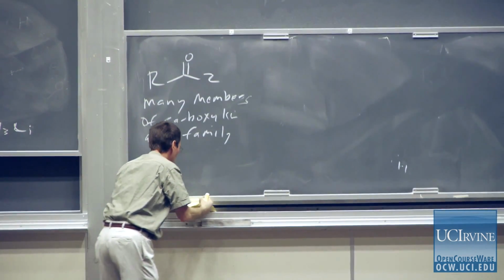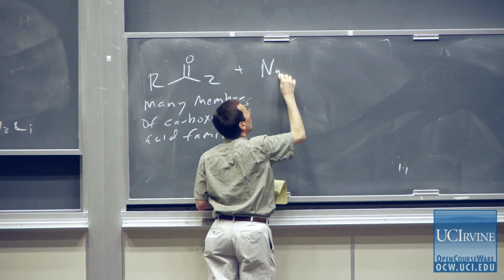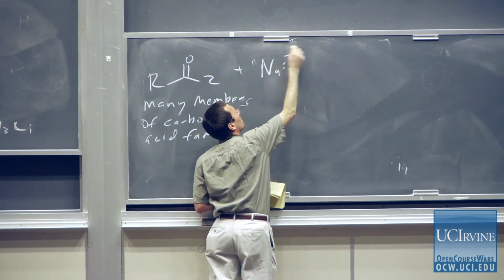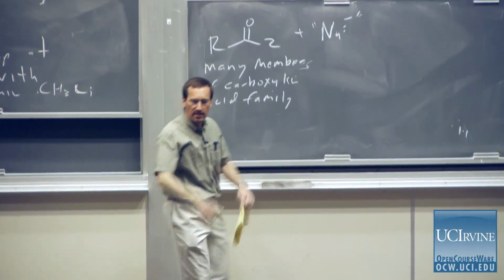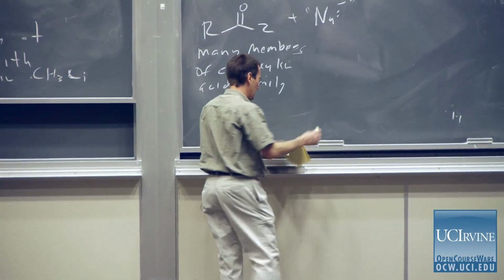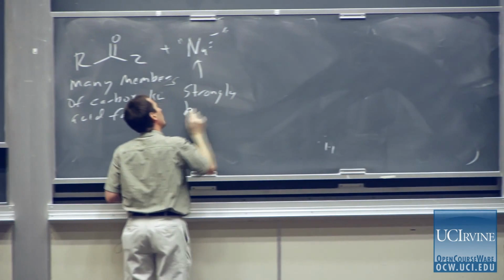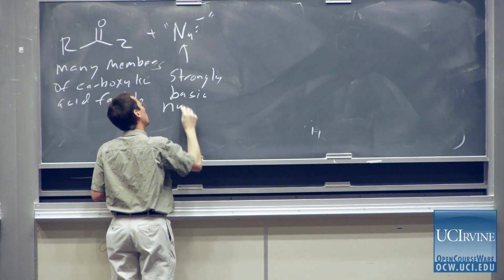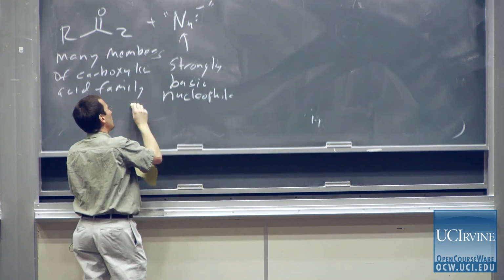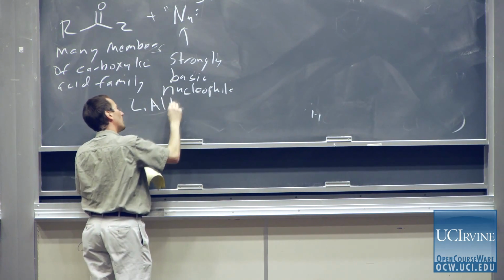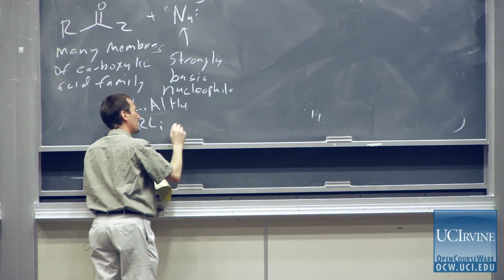And I'm going to write, again, this sort of abstraction of Nu minus. So some type of strongly basic nucleophile that encompasses all of the reagents that we've been talking about. So I'll say strongly basic nucleophile that includes, for example, lithium aluminum hydride, RLi, organolithium reagents,